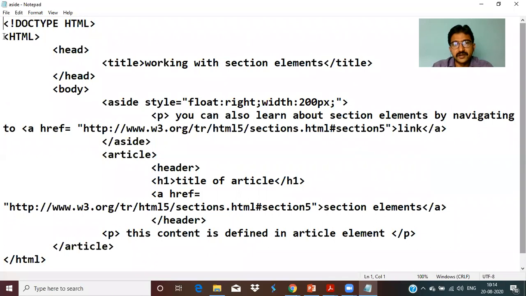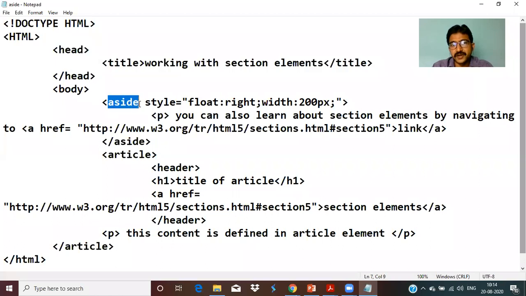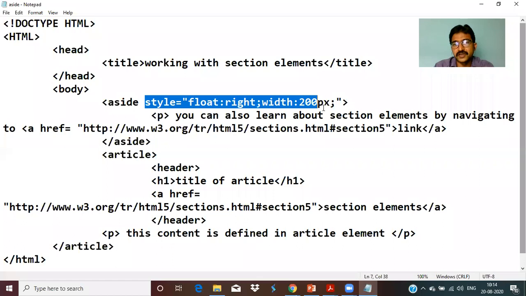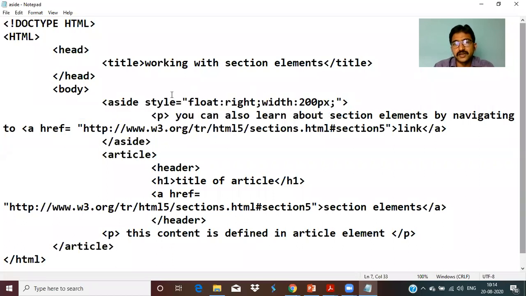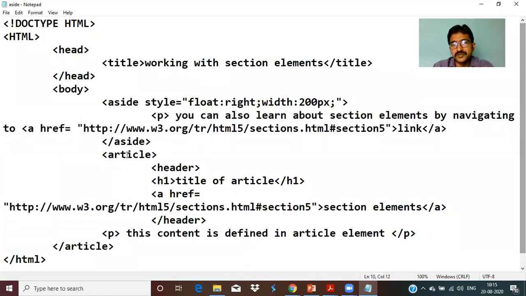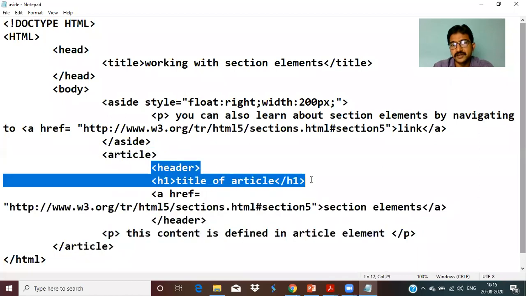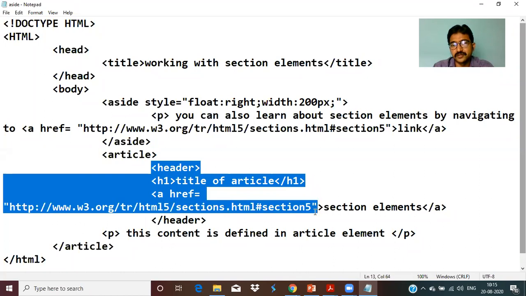Aside. Now here HTML starts, the heading and title we are giving. For aside, we are just applying some style. Later we will discuss in CSS how to write this; it is called inline style. So this is one paragraph we are mentioning, but please remember what you are using in aside. Within aside, we are adding a paragraph about something and an anchor tag over here. And we are going to use another article here, started up to here, and inside the article we are using a header. What is the heading? This is the heading over here.